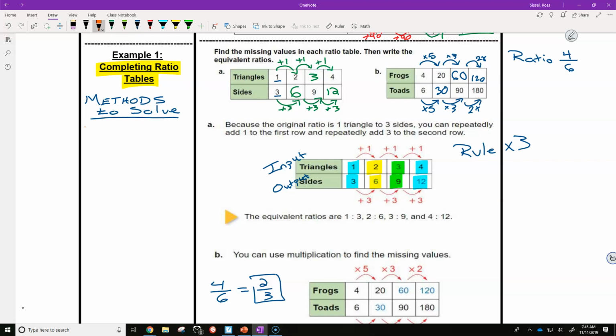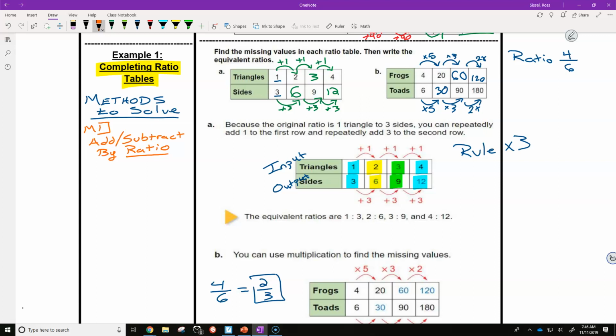Alright, so here we go. The very first method is method 1. And we're going to say add or subtract. This is the important part. By the ratio. So the most important part is if I'm completing a table, we have to add or we have to subtract